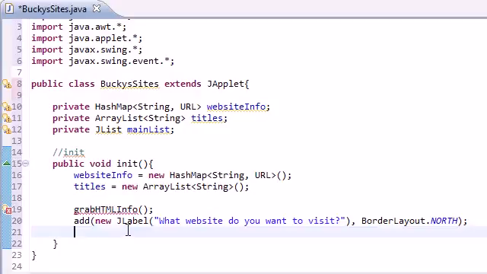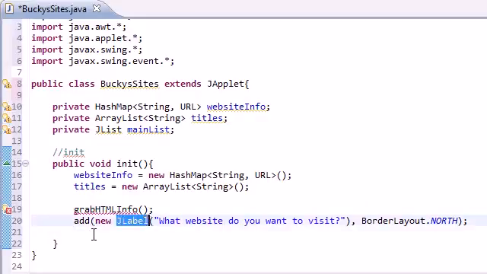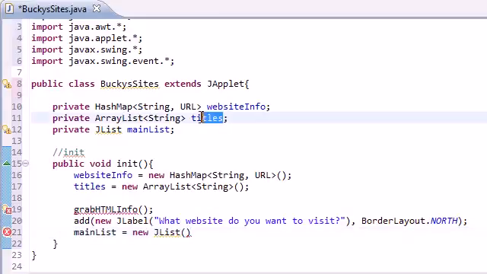Now the list is going to be this JList because, of course, since we have a JLabel, we'll add a JList, and that makes up the GUI. So let's do that right now. Main list equals new JList. And for a JList, the first parameter it takes, and actually the only parameter, is basically an array of items. So what we want to do is take our array list, which is titles,